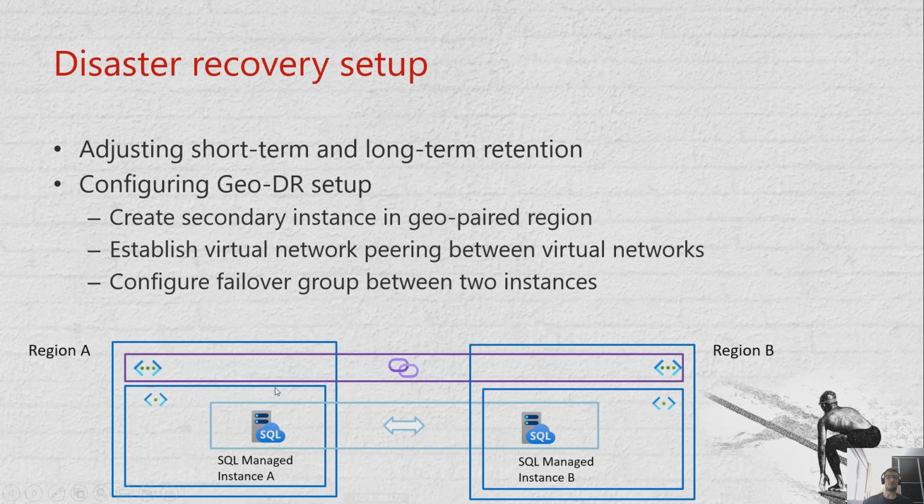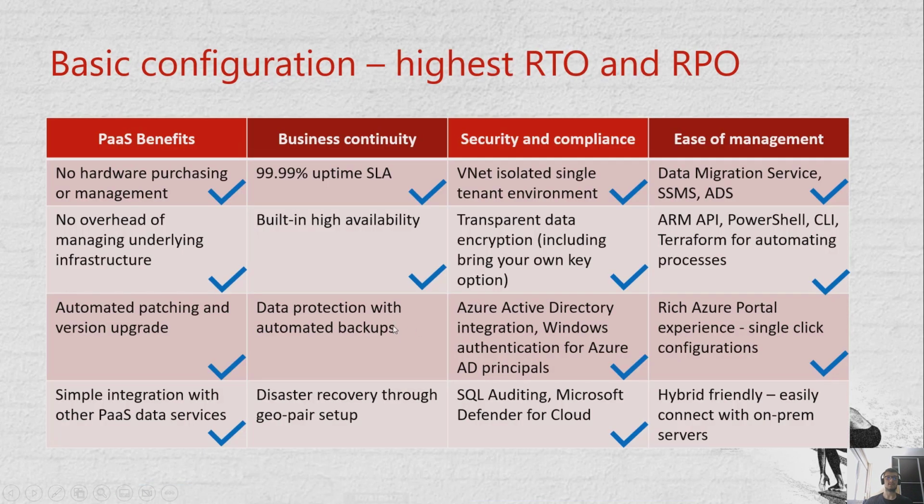And at the very end, you configure a failover group between these two instances. With this last step, data will start flowing from region A to region B. In case region A goes down, your application or service connecting to the instance will start using the data from region B. The failover happens automatically, or you can at any moment manually do this failover for testing purposes, or simply use sometimes region B, sometimes region A. With this, our data protection is leveled up, and we have